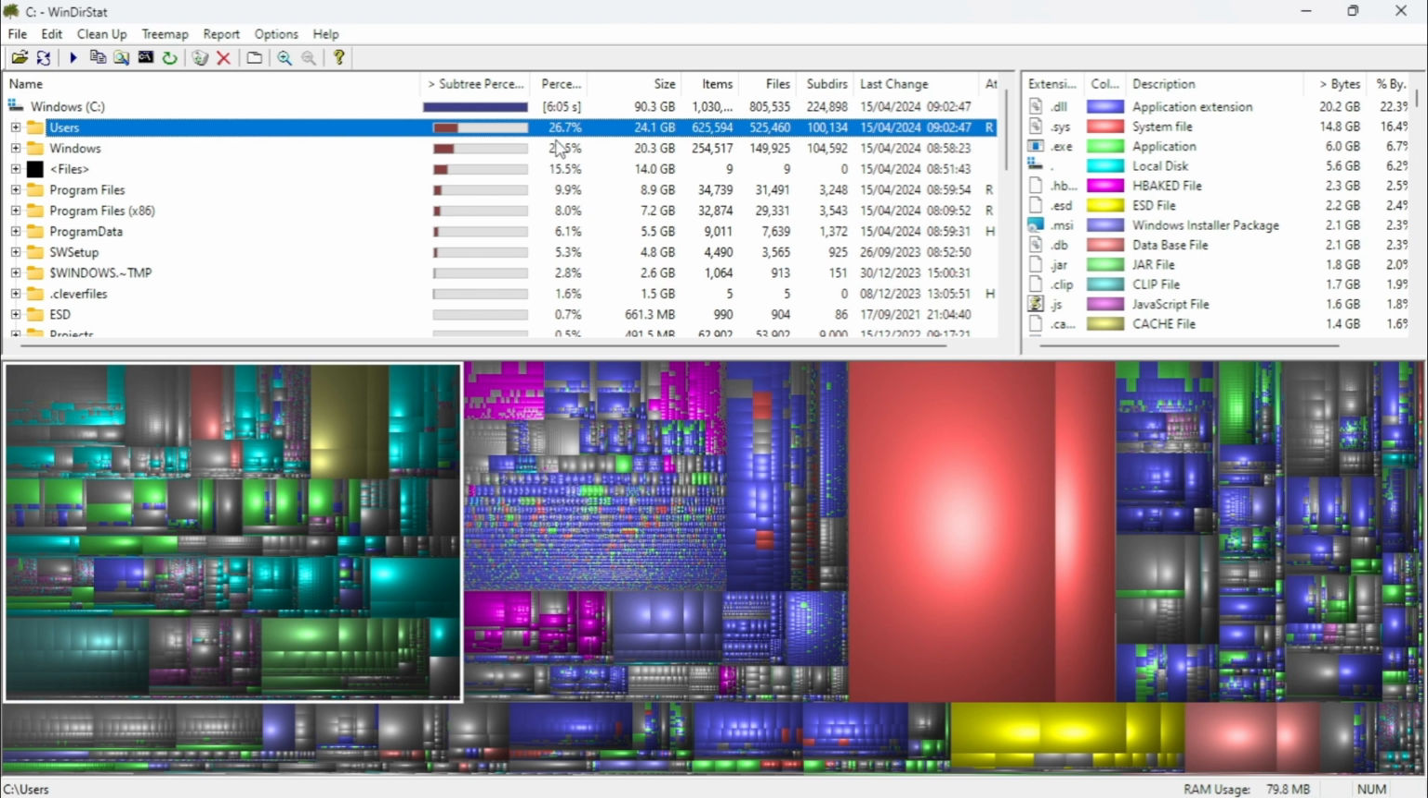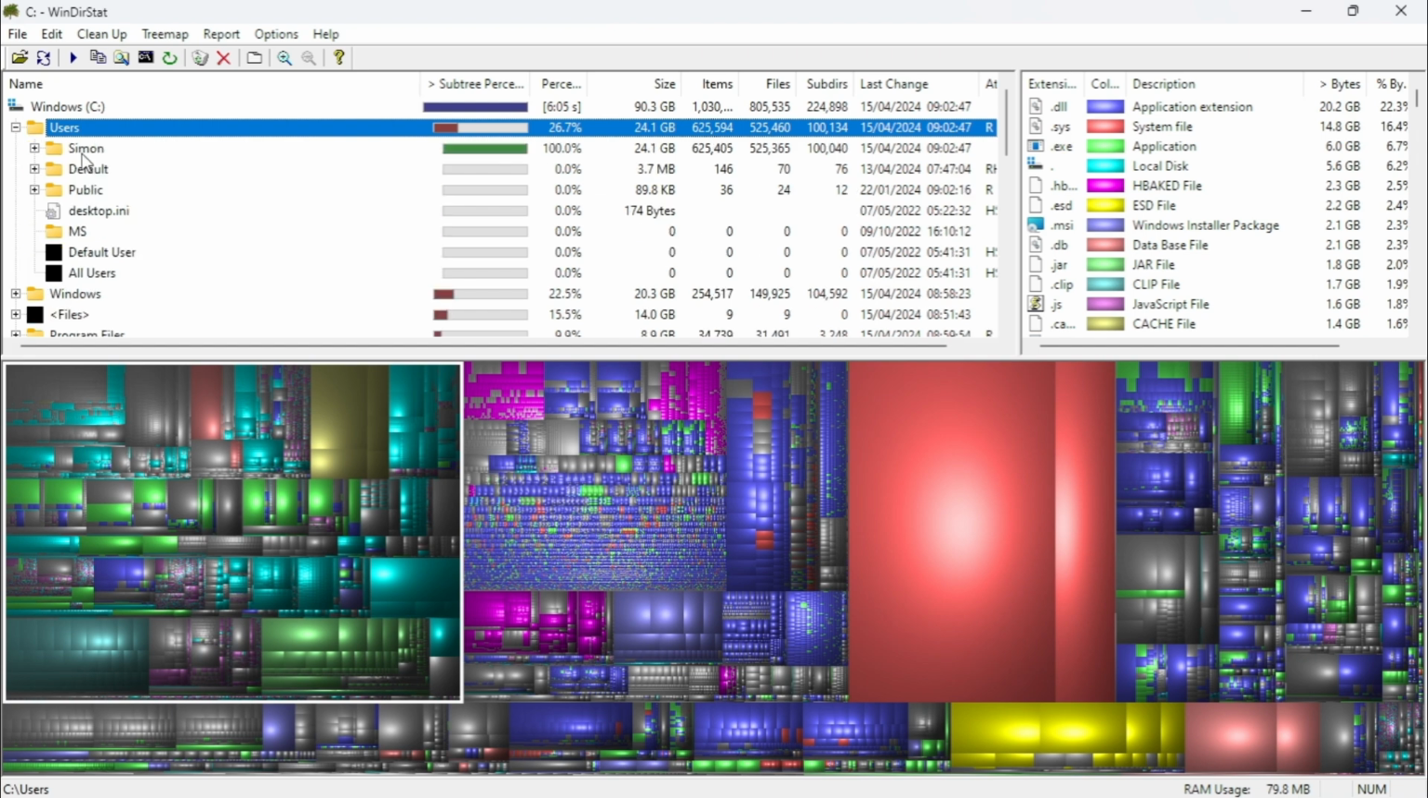So it's currently taking up 26.7% of space on my hard drive, and I can click on the plus icon to the left to open it up, and we can see that it sorts the folders in descending order by their size and displays all of the information for each folder. So we can see that Simon is taking up the majority of space in the users folder, and if I wanted to investigate why it's taking up that space, again I can click on the plus icon to the left